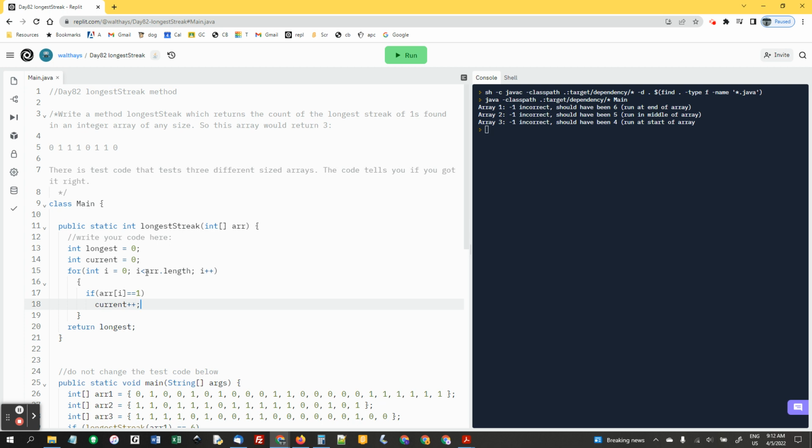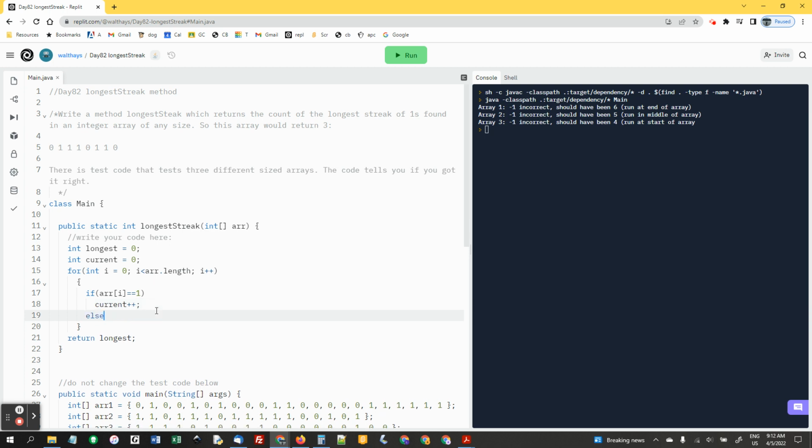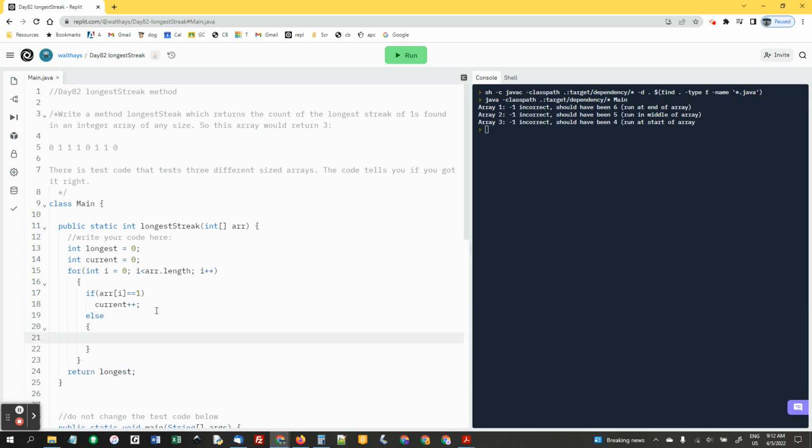That means we're on a streak. This is true even if it was 0 before. If we got a 1 now, then we got a 1 now. We're going to say else then, and now it means we have a 0. So if we have a 0,